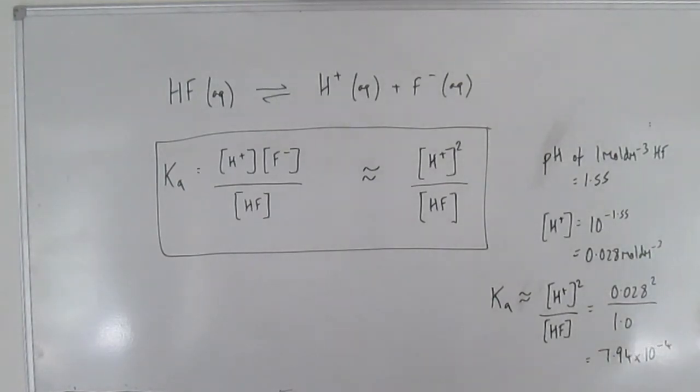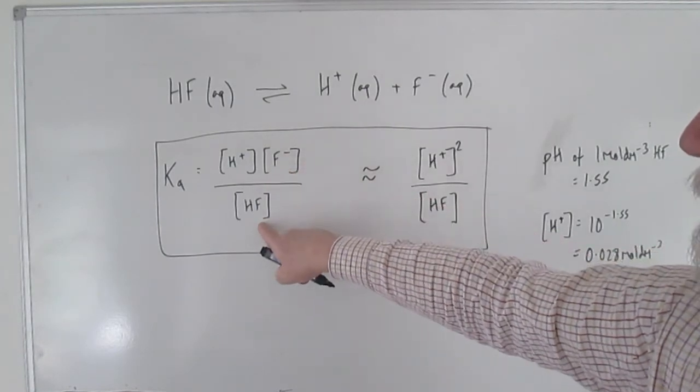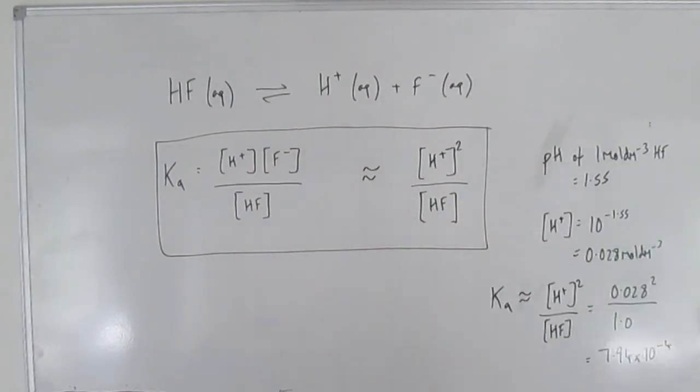And the units of Ka, moles per dm cubed squared on the top divided by moles per dm cubed, so it's just moles per dm cubed, is the value of Ka for